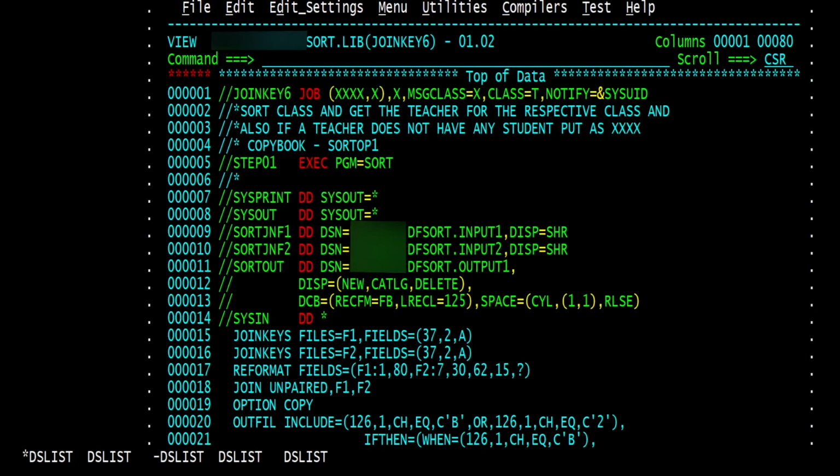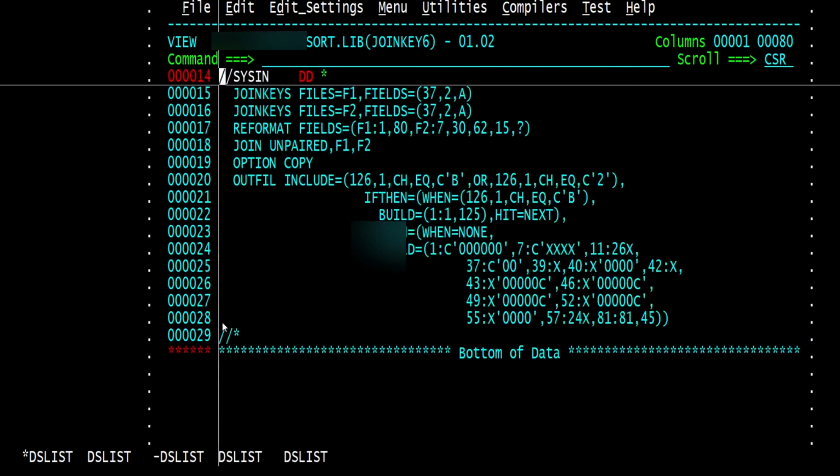So moving on to our next example on the join keys, we have this job which is quite similar to the previous one, but the main difference is in the outfill include statement. In the outfill, we are taking the records which match from both files, and also the records which are only available in file 2. But the issue is that the record layouts of file 1 and file 2 are quite different, and since we have some packed decimal and binary integer fields in the first file, we have to build the record layout byte by byte, so that we can have a seamless merge of both files.